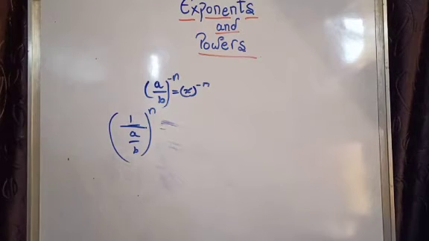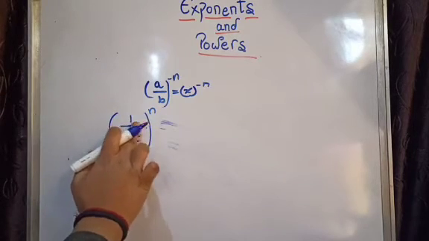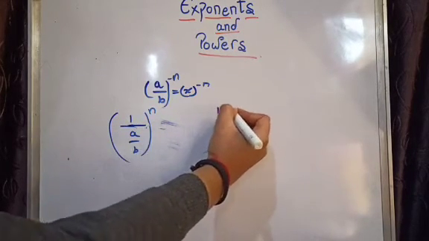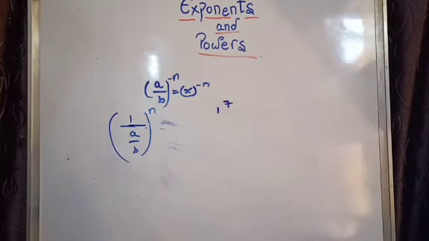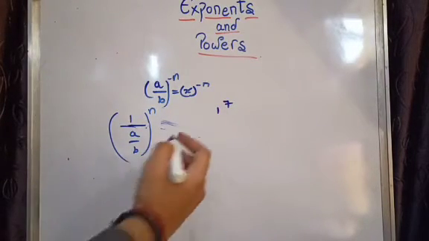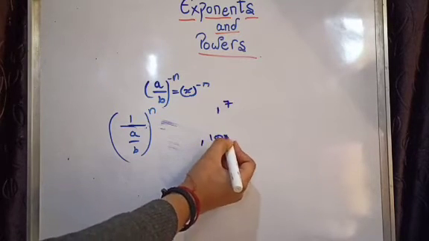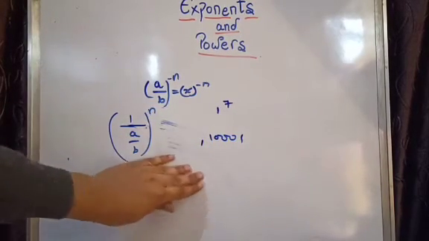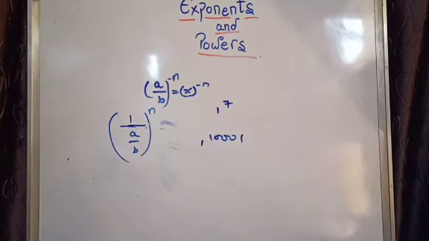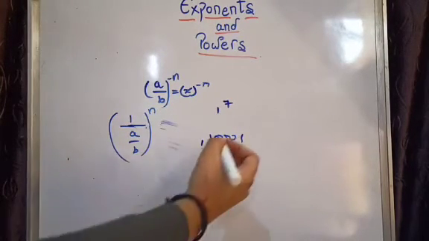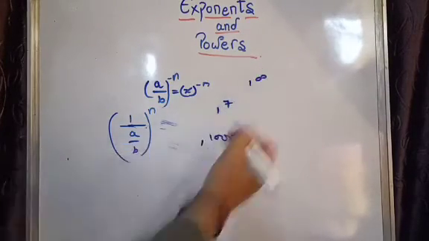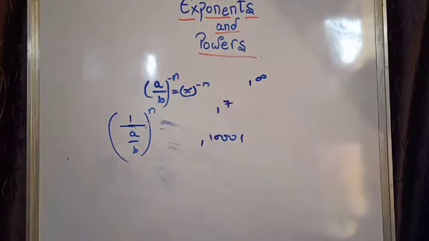Now, first of all, you learn one basic rule also. If there is a power given to the number 1, it will always result as 1. For example, if there is the number 1 to the power of 7, it will always result as 1. And if there is 1 to the power of 1000001, it will also result as 1. So I get to know that 1 to the power of infinite will always result as 1. If there is any power of 1, it will always result as 1. Okay.